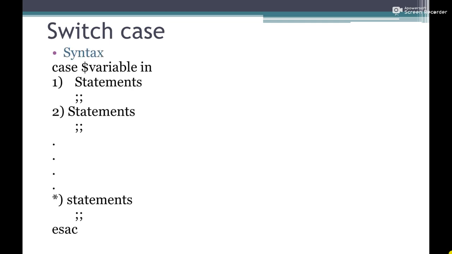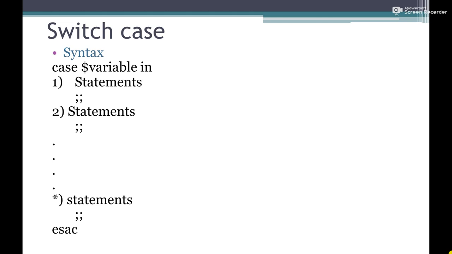So now the syntax of the switch case. The switch case syntax is case, dollar variable, in. Case and in is the format, or we can say the syntax, but the dollar variable is the variable from which we are taking the input, and we input it by using read, and we have taken the variable.